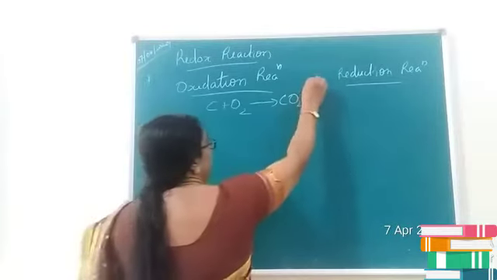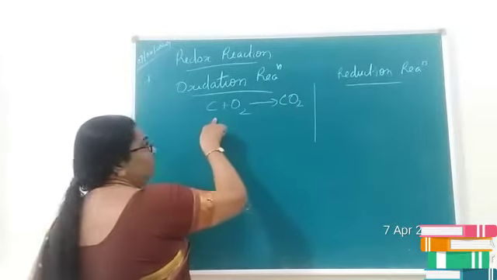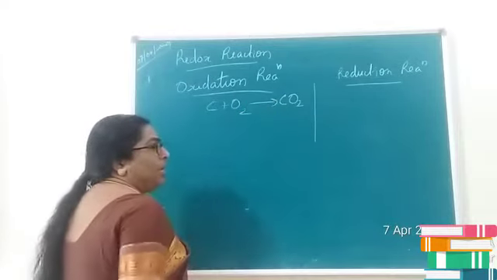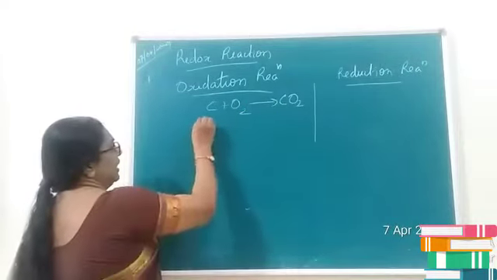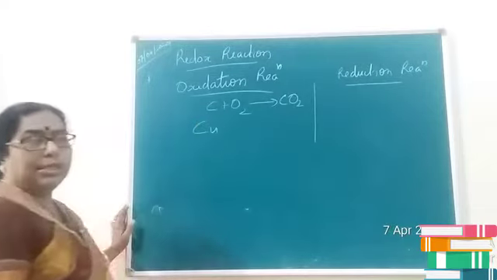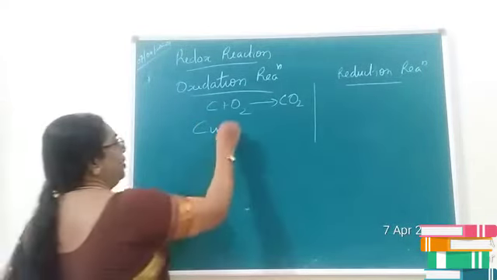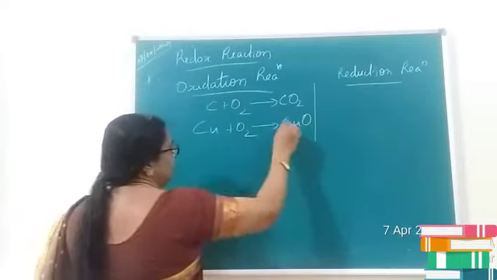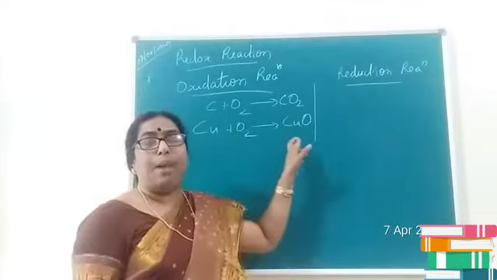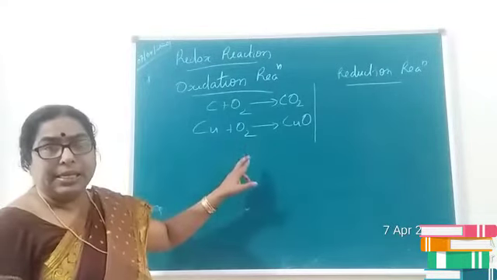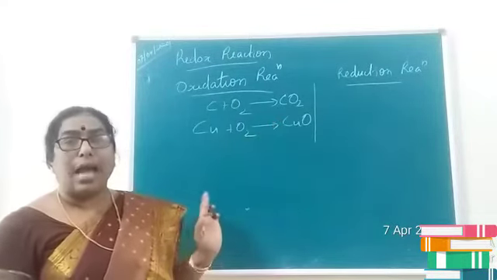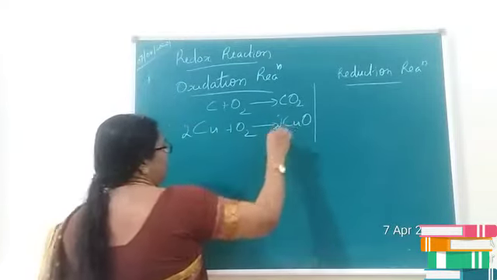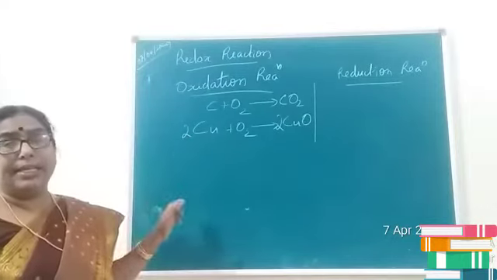We define oxidation and reduction in two terms. First, the reaction which involves addition of oxygen is termed as oxidation. For example, consider copper. Copper possesses a reddish brown color. When you heat copper, you will get cupric oxide, CuO. In this case, you are getting a black colored cupric oxide. Is it clear? The oxide of copper is black in color. So this type of reaction which involves addition of oxygen is termed as oxidation reaction.